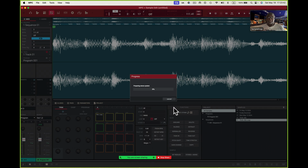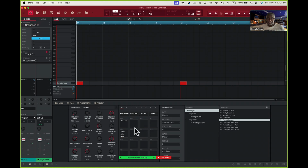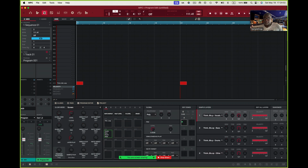Now, once this is done, hopefully real soon, okay, I go back here to my main mode, and you'll see here we have the 4 different stems right here. That's it right there. So what I want to do next is I would like to take this and sort of like hear them back. So I want to go back here into this sequence right here, which says this is the program. I select program here in this sequence, and of course I have it right here. So I can probably scroll down